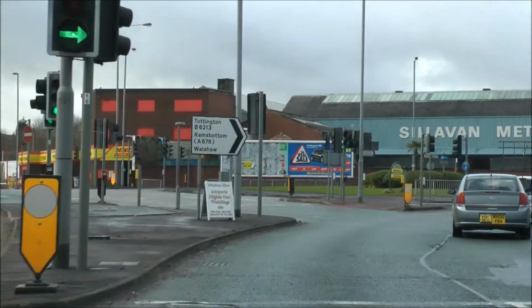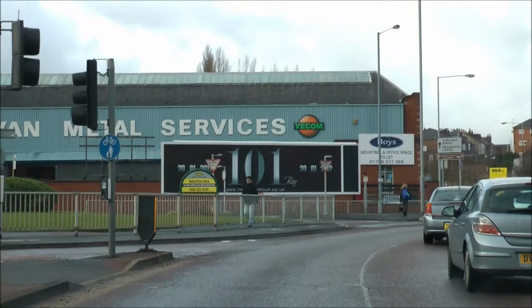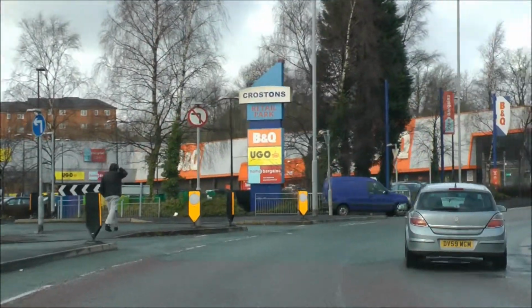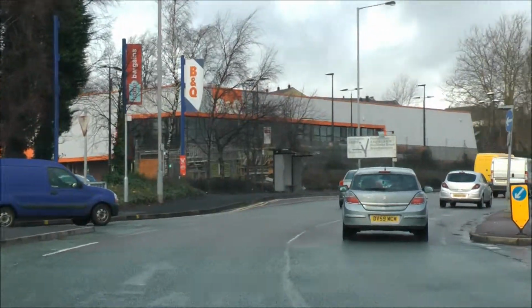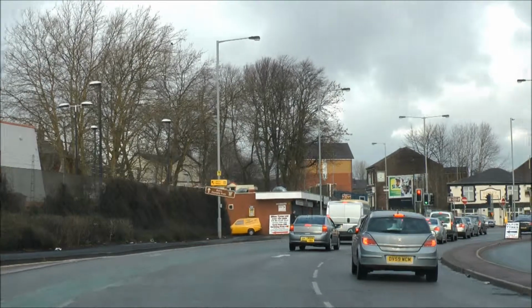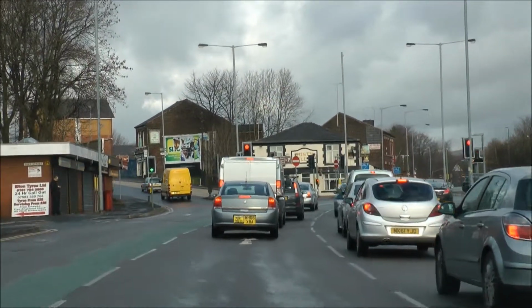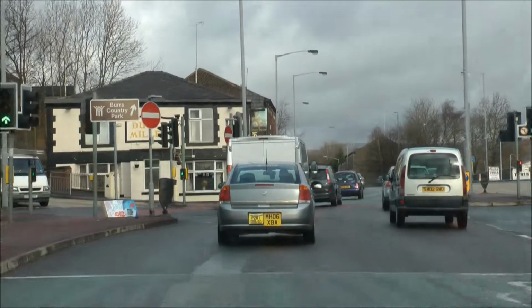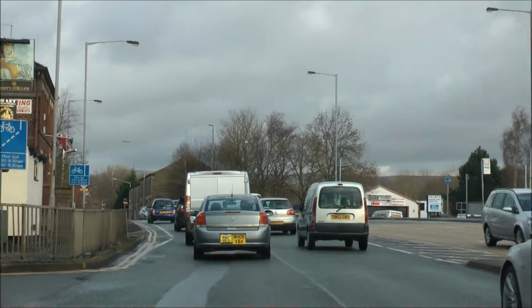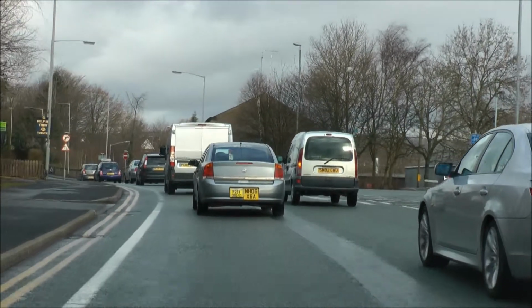You're now following the Ramsbottom sign. You're in the correct lane. You'll find in a little bit the traffic will merge in from the right. But the key to that whole junction up there is when it is safe just to move into the lane that takes you for the Ramsbottom turn. And it will vary just depending upon the traffic. As I say, if you've managed to end up in this lane, it's the traffic to your right that's having to merge in. It's a bit easier for you to do it the way I've done it if you're towing,